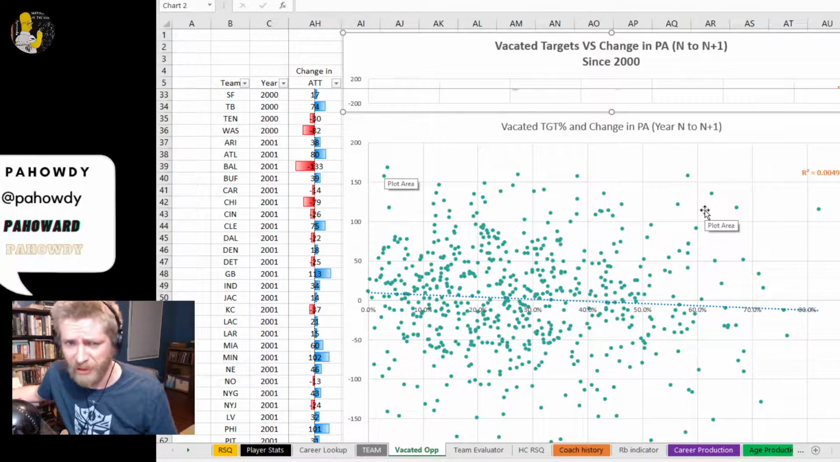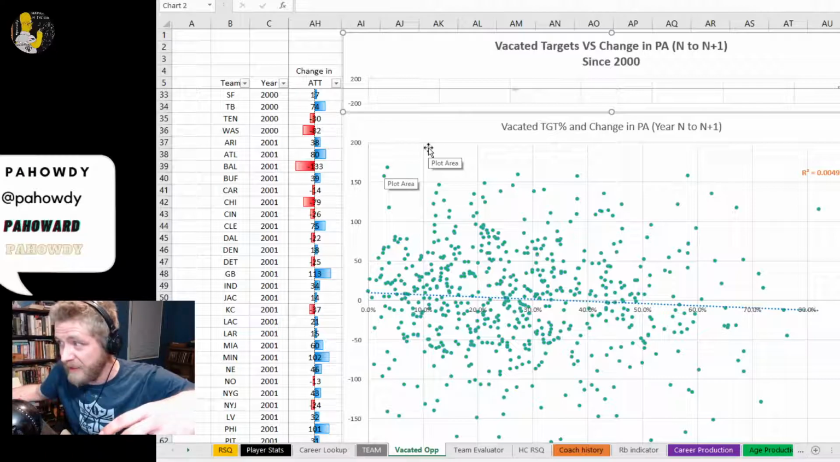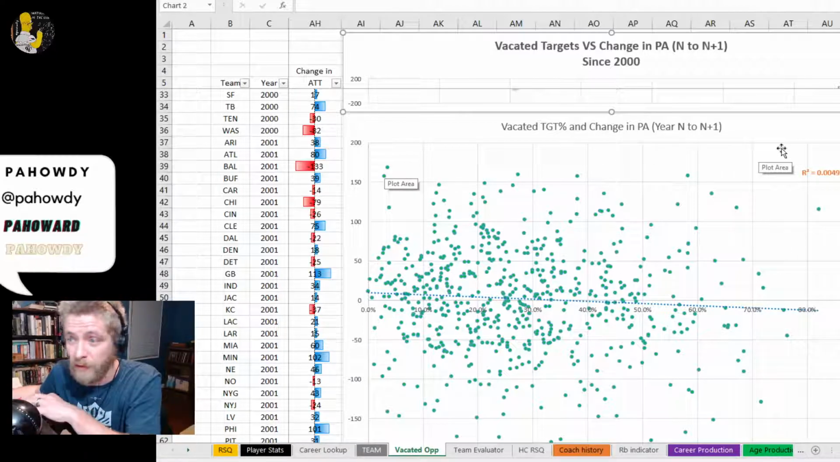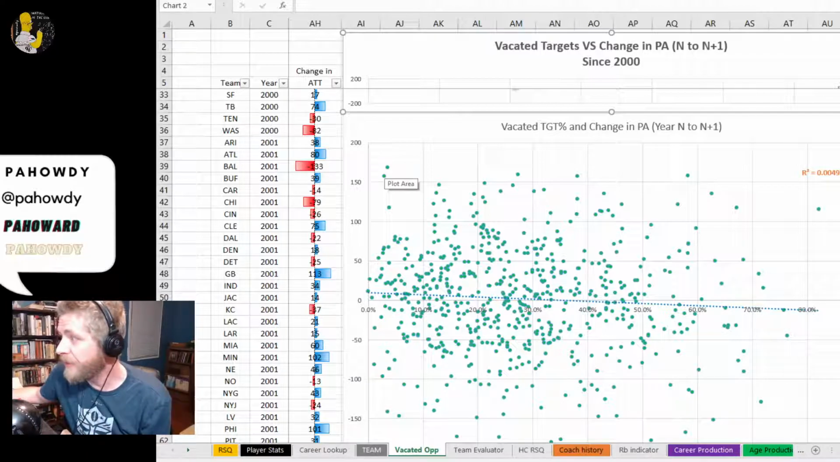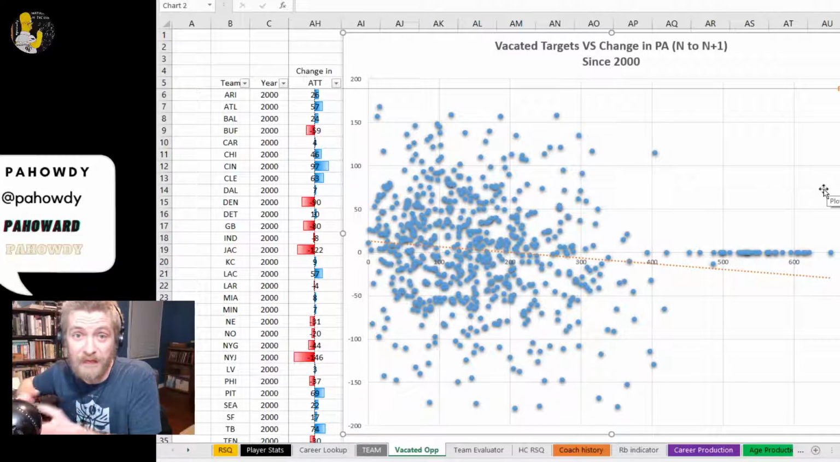Well, pass attempts, yeah, but target share, okay, so I looked at the vacated target share of wide receiver ones after they left the team, and if that had any correlation to the target share for the wide receiver one the following season, the answer was no, it had even less correlation. It's almost a perfectly parallel line here. It's like 0.004%. So no, it doesn't have any direct connection to the passing volume of the team the following year, but